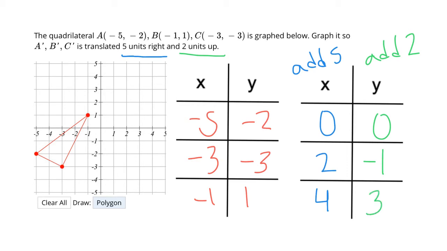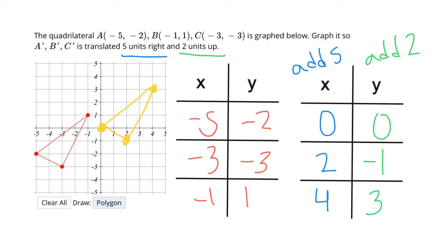Finally, I'm going to graph those points. So (0, 0), (2, -1), and finally (4, 3). Connect those together, and I should get a triangle that's simply been slid over 5 units to the right and